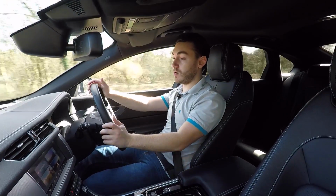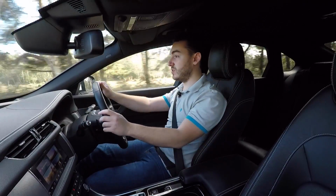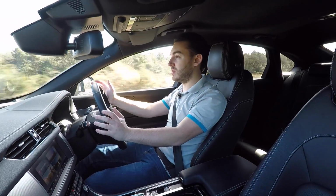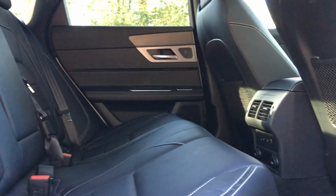Generally speaking, material quality is pretty good. There's some nice glossy plastics, everything feels well screwed together. There's a few scratchy plastics a little bit lower down, but nothing that's going to knock off too many marks, to be honest. Now, in the rear is where the XF struggles a little bit, because in comparison to competitors,